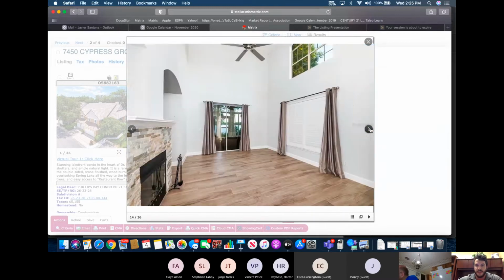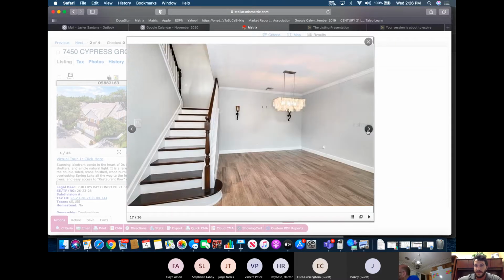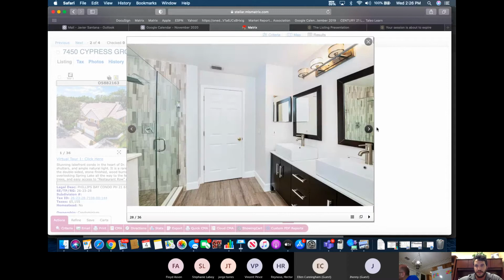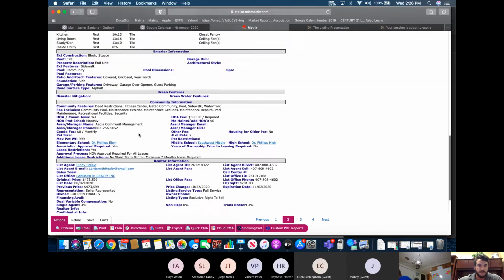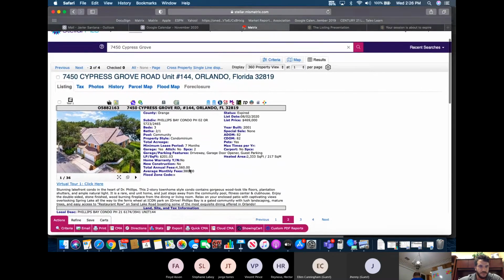A lot of times it might just come down to it was overpriced. Okay, and that's something, if the seller really wasn't budging, it might not be something you want to take. Okay, but we just have to find a way to find out what's going on. Nice looking house. A lot of times you'll notice these properties that do go expired are with these smaller companies, so that might have a factor in it as well. This property is probably overpriced, but